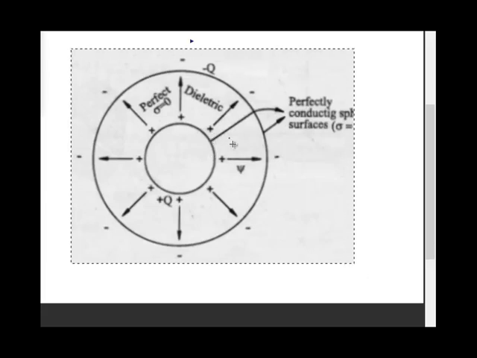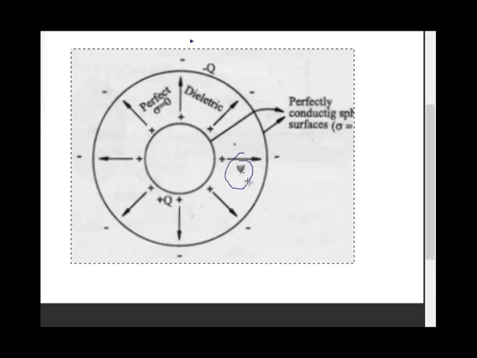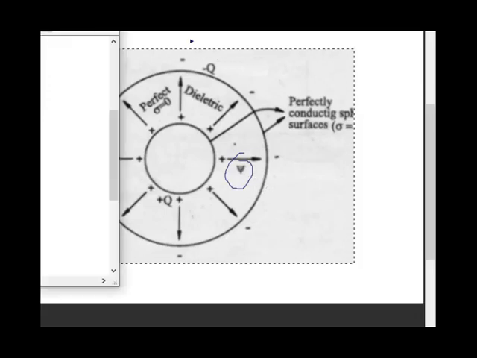He said that some flux psi is traveling from the positive surface to the negative surface. Then this flux per unit area is called electric flux density, or flux charge density, or displacement density,